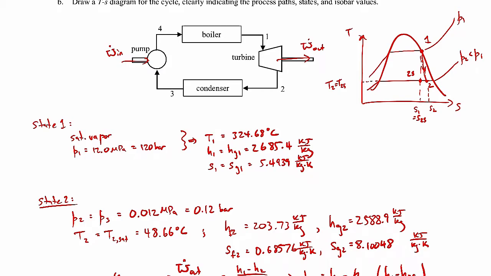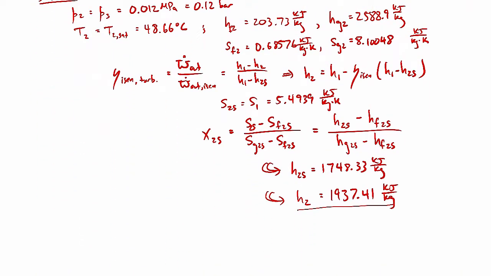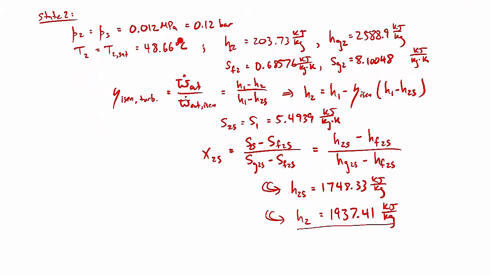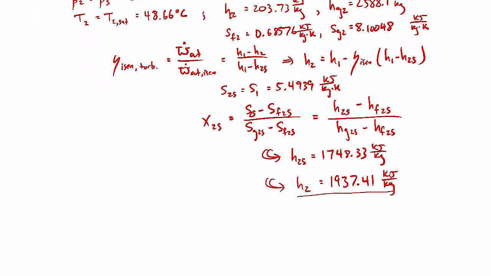So I know all the information I need at that particular state. It'll be the same temperature as what we have here. And you can see that this specific enthalpy is between the saturated liquid and saturated vapor specific enthalpy, so we still are in a saturated liquid vapor mixture state. So we'll still have some quality. We can calculate that. And that quality, when you work out the numbers, this one I did work out, it's 0.7269,